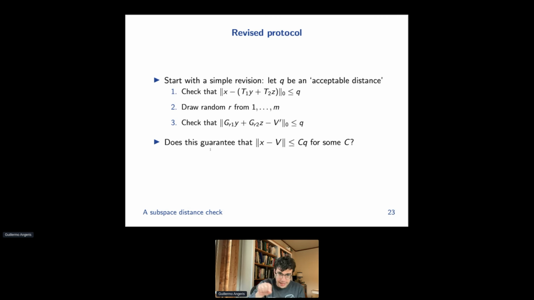At the very last line, what we're saying is, for that Q, is there some constant, 2 or 3 or 4 or something, such that if we check that each of these things satisfies those claims, X is within a factor of 3 or 4 or something of Q, where Q is an acceptable distance for us to be happy with. So the trick, and this is a little bit annoying, is that in fact this is not necessarily true. Just because you check that X is close to T1Y plus T2Z, and you check that Y and Z are